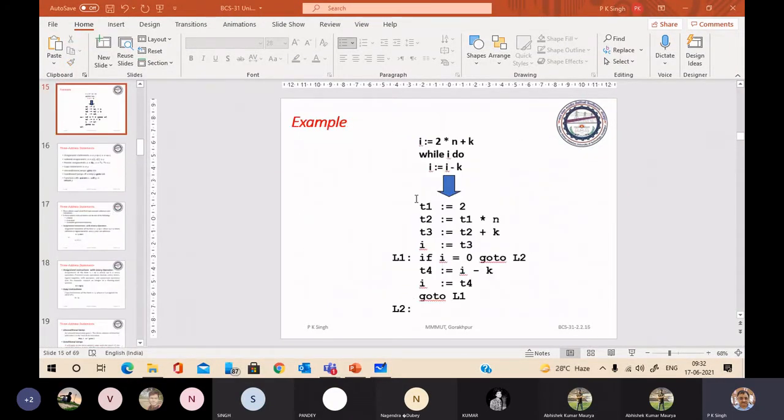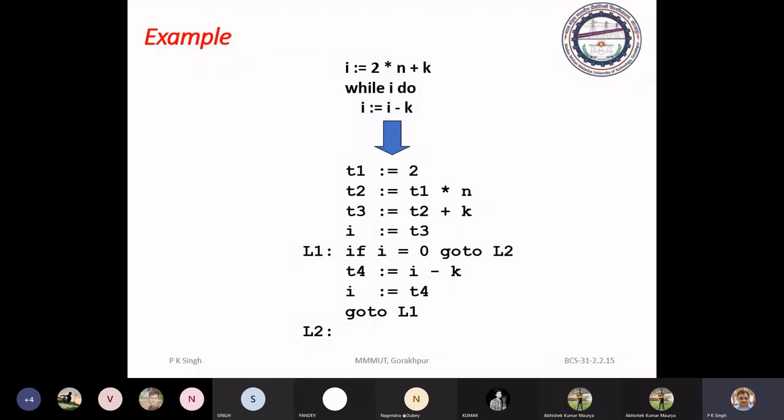So on the last turn we were discussing three address code. Okay. Implementation of three address code. You have seen that